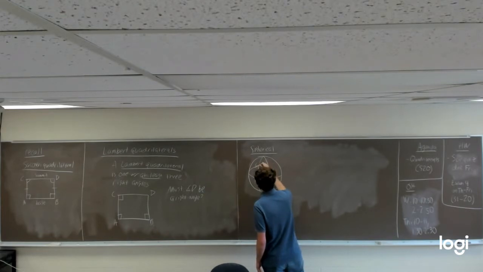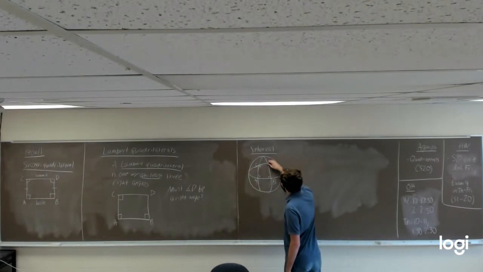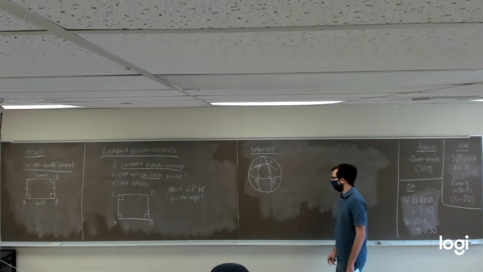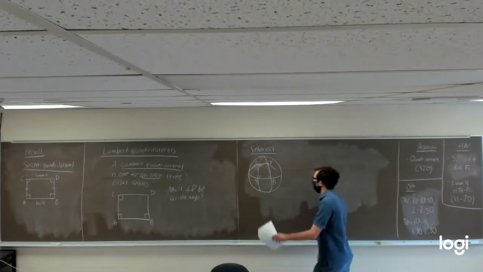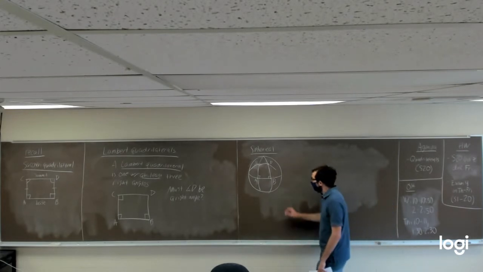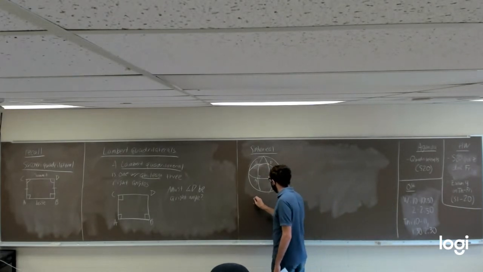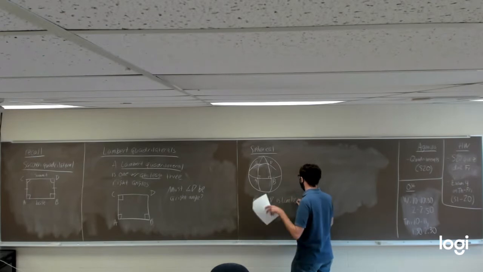This is hard to draw by hand. So we end up with a quadrilateral that looks something like this. Let's try it just one more time. There we go. That's a little better. So we have a right angle at A, a right angle at B, and a right angle at C. So we could say here that the quadrilateral ABCD is Lambert, because we have three right angles at A, B,